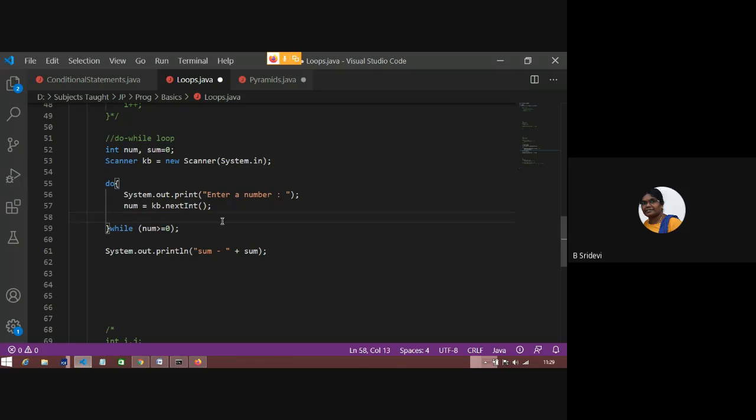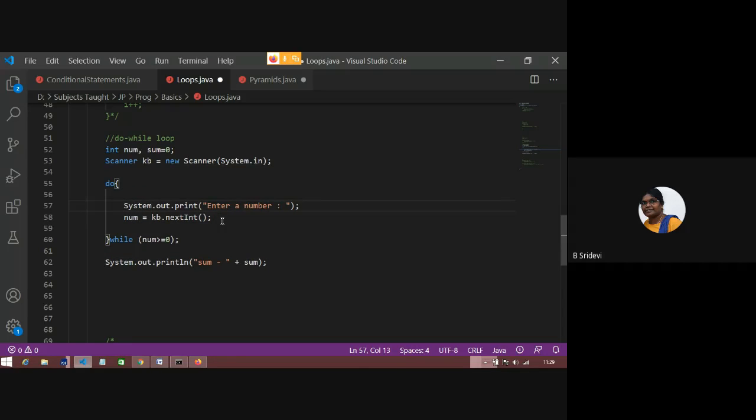One way is I will use an initial value of sum equal to 0, sum is equal to 0 plus 0. Sum will be 0. I'll read a number. If it is positive, I'll go inside and do the addition. If it is negative, I'm coming out of it. I'm not doing anything after reading the number. Hope you might have observed this.